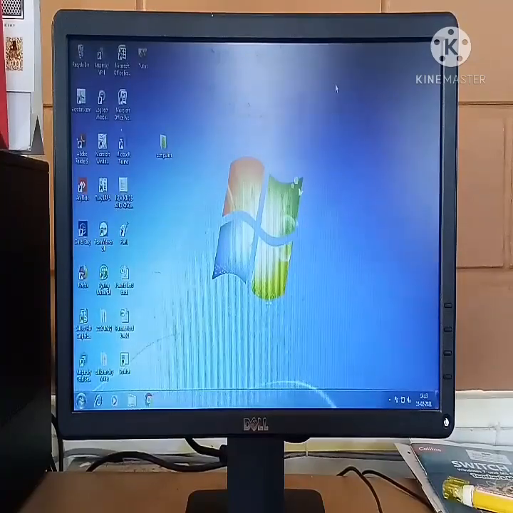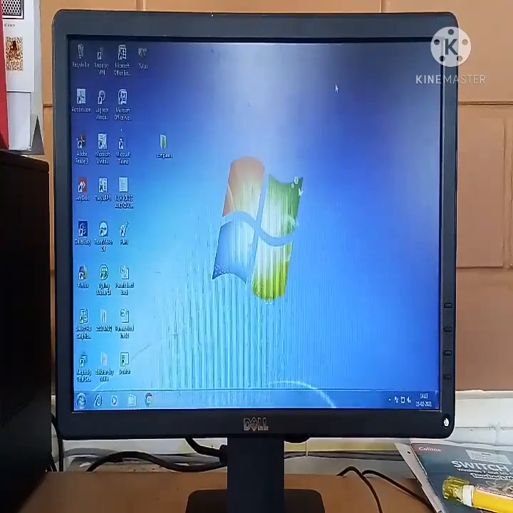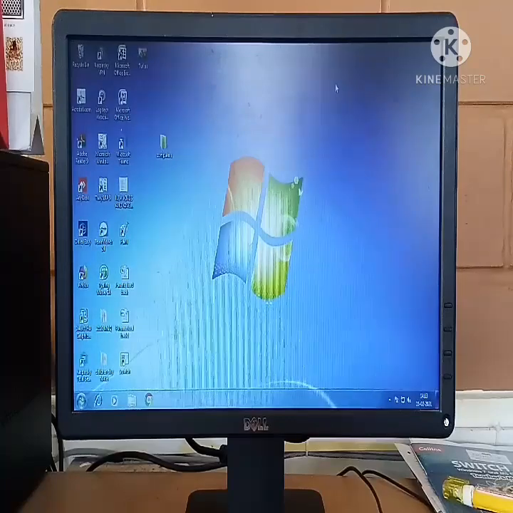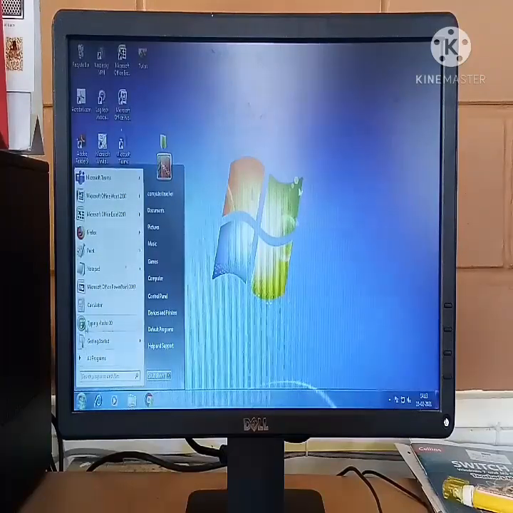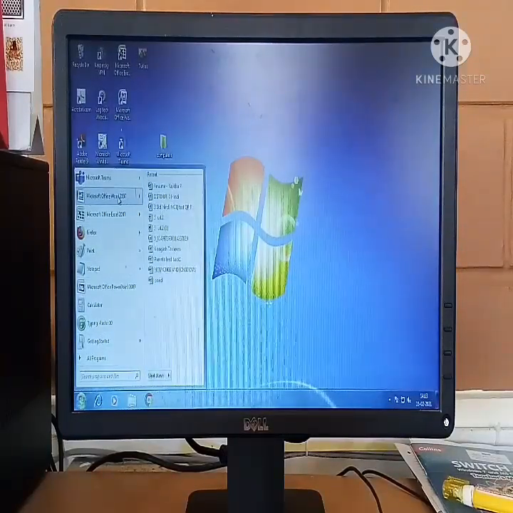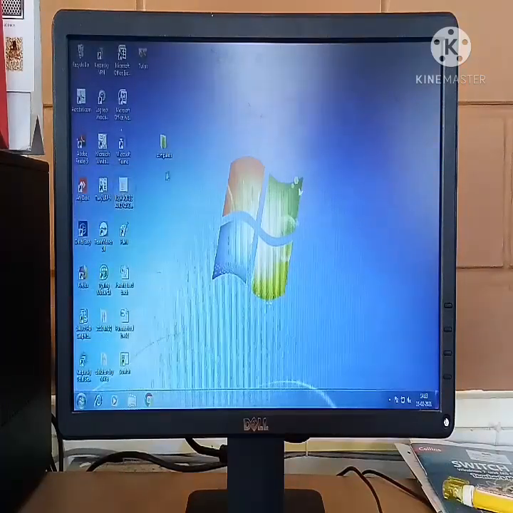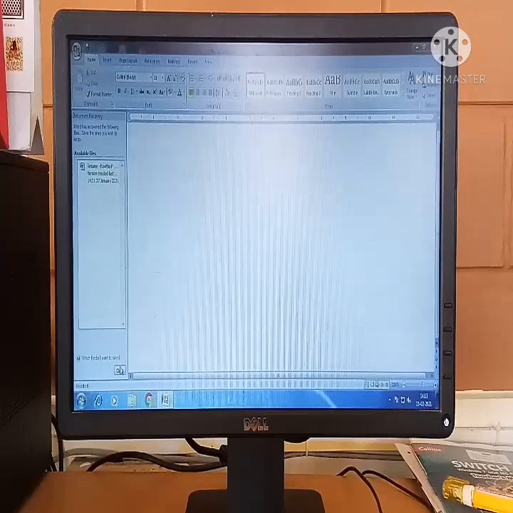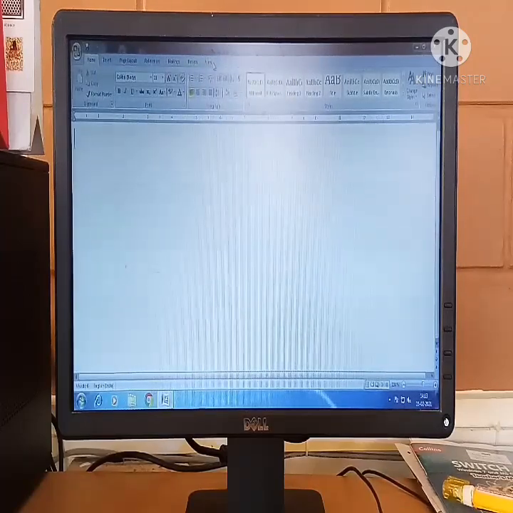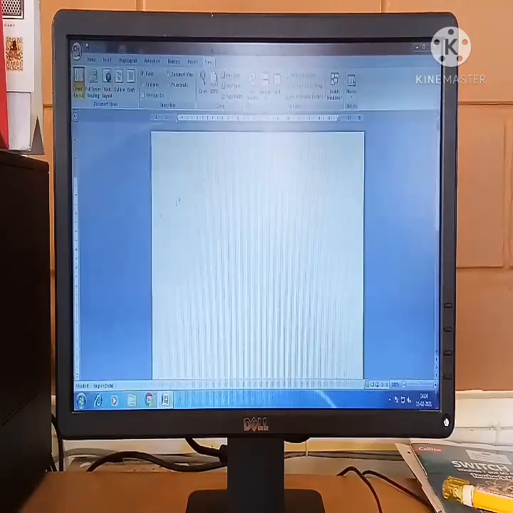Now let us learn how to place or save a file inside the folder, for which I will click on the Office button and click on Microsoft Office Word. Let me take this application. I am going to save this Word page.